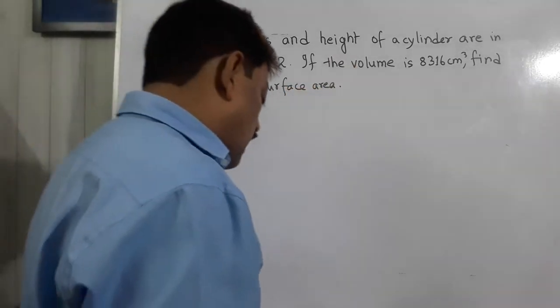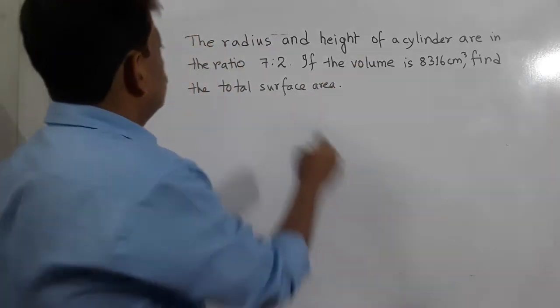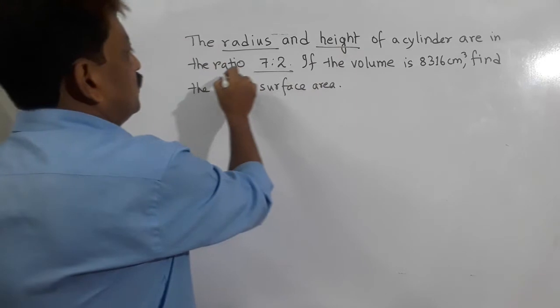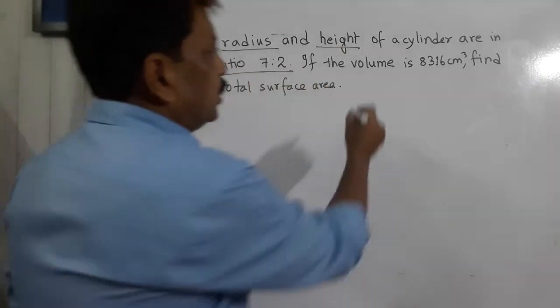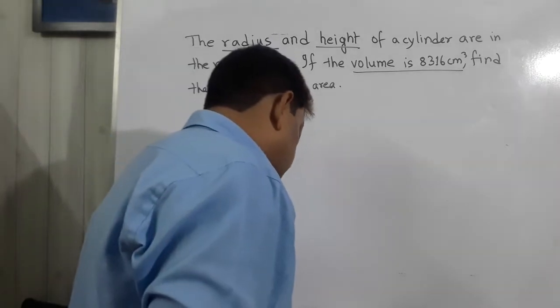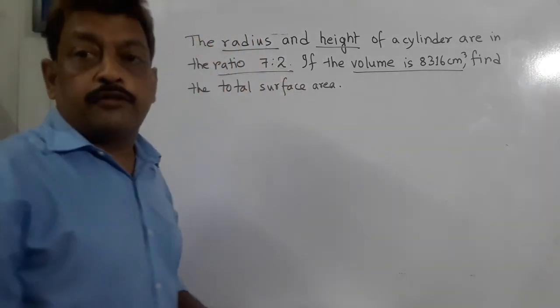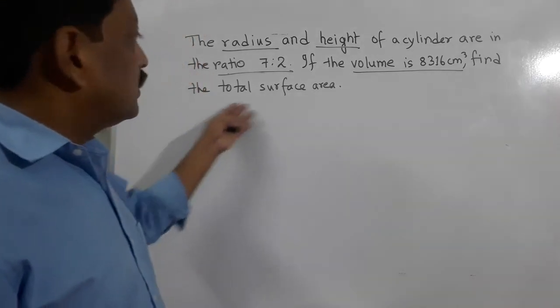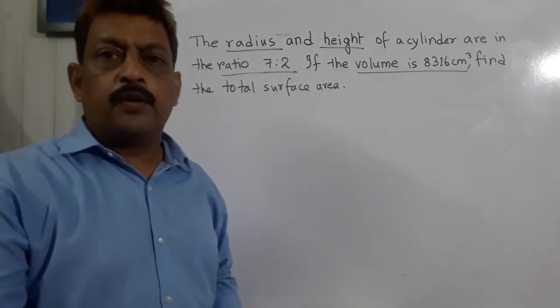The radius and height of the cylinder are in the ratio 7:2, and the volume is 8316 centimeter cube. We have to find the total surface area of the cylinder. Okay. So first of all,